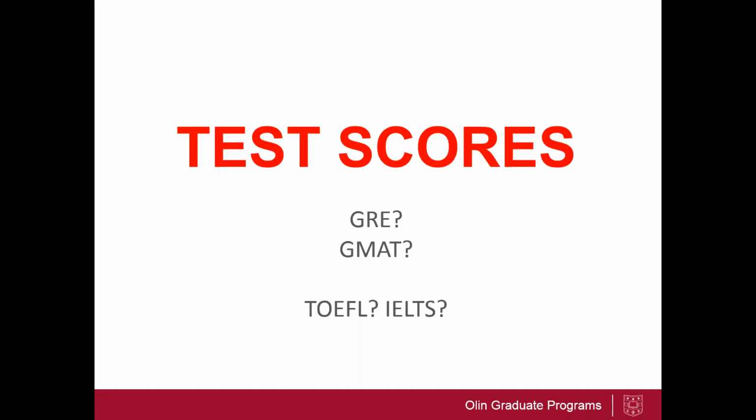The other score that we require for international students is the TOEFL or the IELTS. So is it required? Again, make sure that you're following up with the schools that you're applying to. Make sure you're looking at their policies on waiver and expiration. Here at Olin, we want a TOEFL score that is not older than 2 years. So that means that if you're applying for fall of 2017, that test score for your TOEFL should be no older than August of 2015.